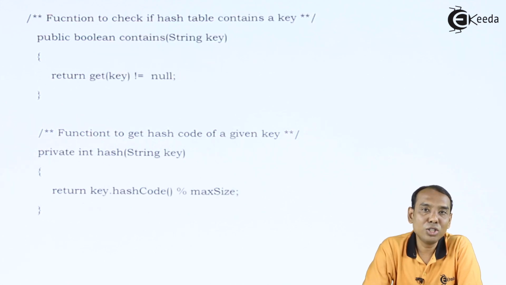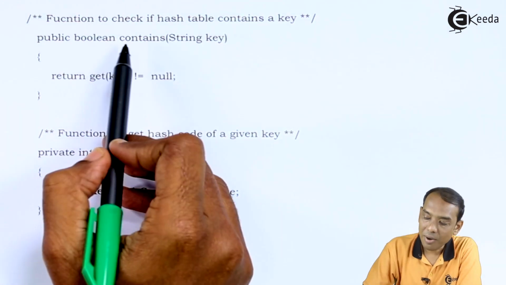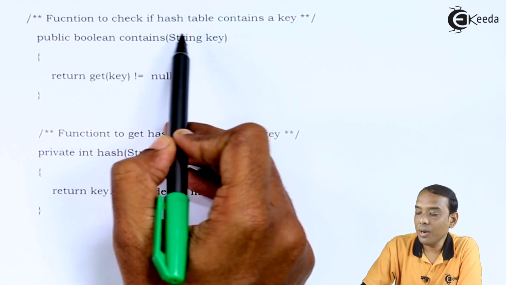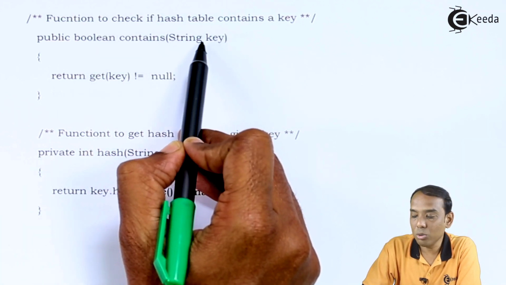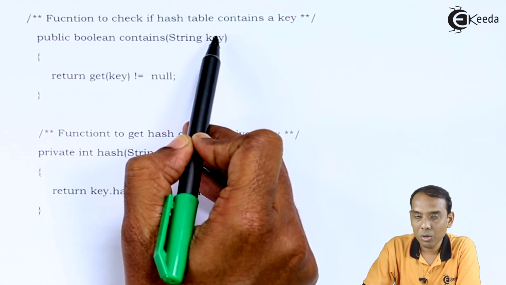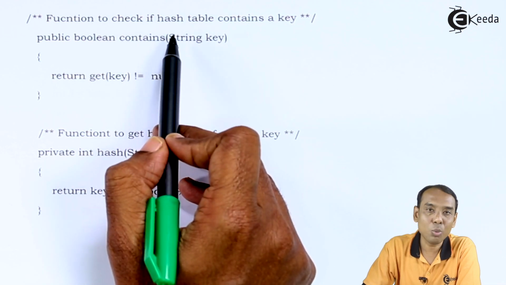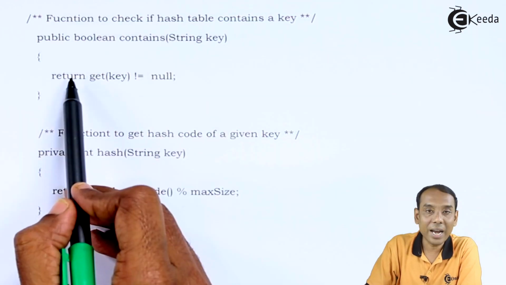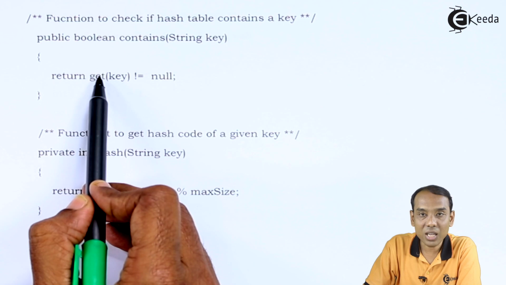Now we will write down the function to check whether the hash table has the key and also try to get the value. Let us begin. I have defined a function called contain, in which I am going to take the value from the user through the variable called key. Once this is taken, I will check whether the key is present or not. We write down return get key